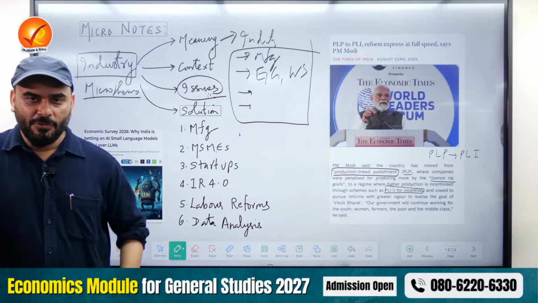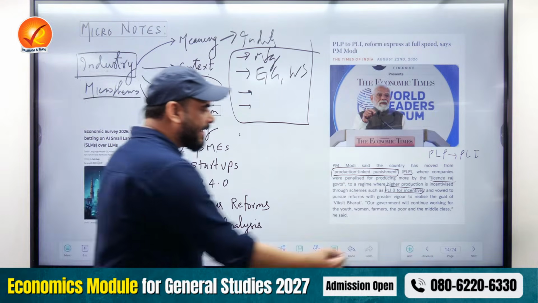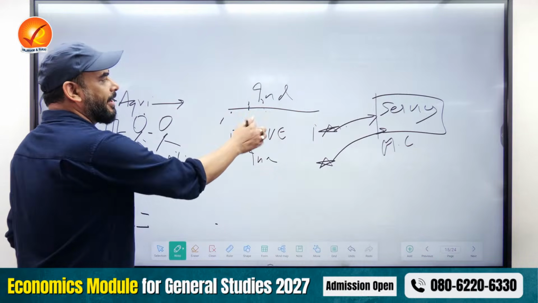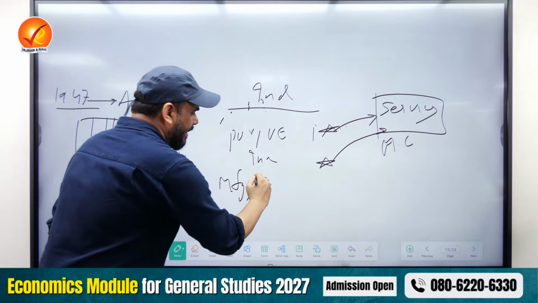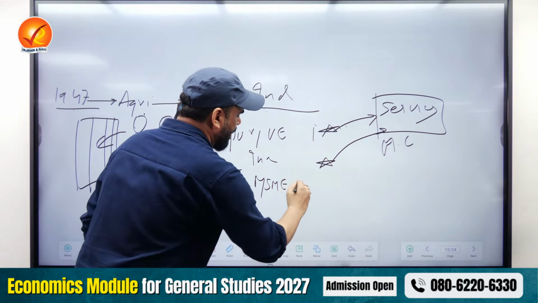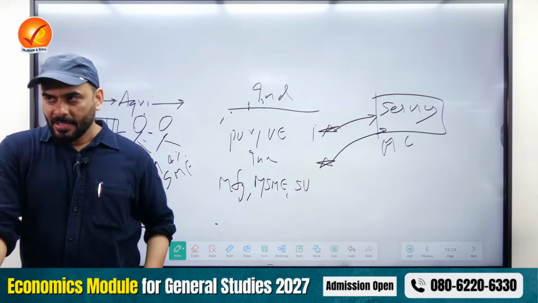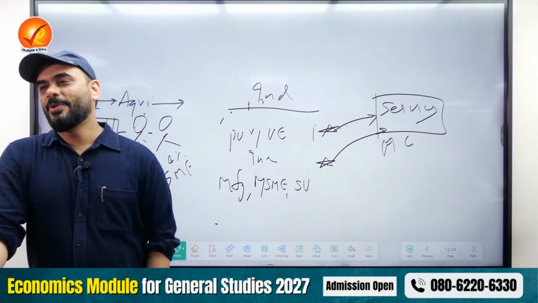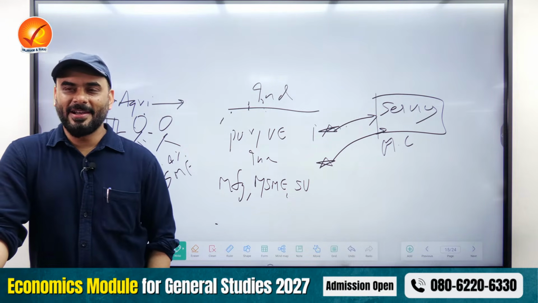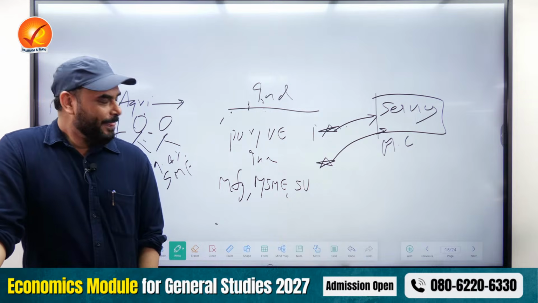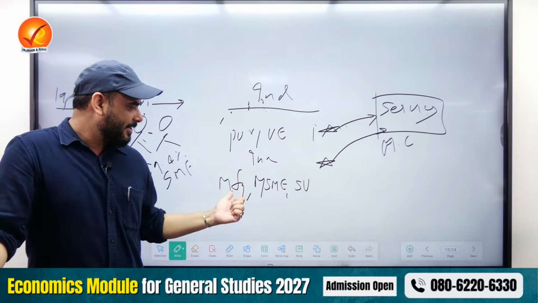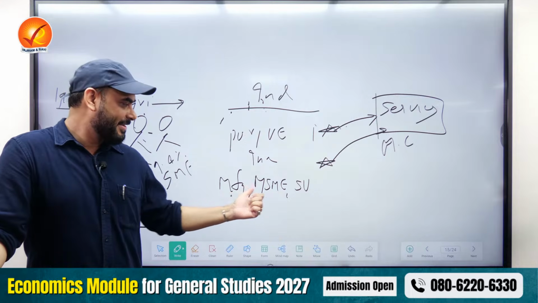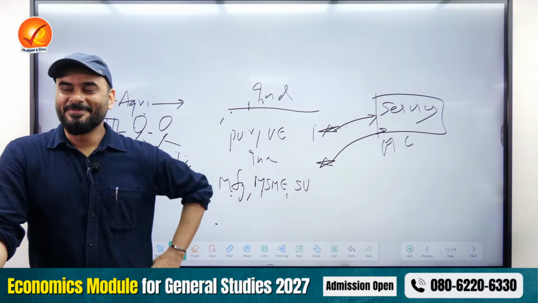So typically if UPSC will ask you that whatever gap has been created here, how to fill the gap, what will you say? You will say promote manufacturing. Then you will say promote MSME and promote startup. Three things you will say. So bacho, I want to ask you a question. I know it will sound very funny at this moment, but if you are a UPSC paper setter, would you be interested in asking questions related to how government is promoting this, this and this? Or do you feel not important?